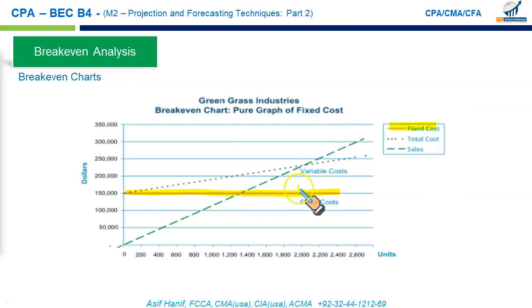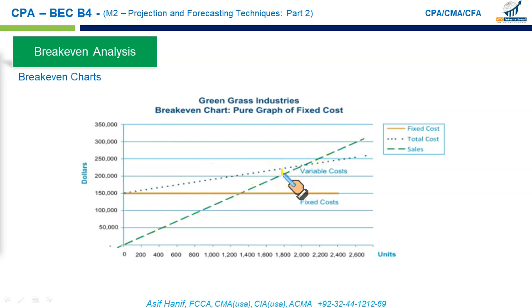Your fixed cost is 150. Your revenue line is steeper because you sell the item at $125 per unit, but your variable cost is $50 per unit, so that's why it's relatively flatter. Now, this is the total revenue. This is the total cost because it contains the fixed part shown here and the variable part, the steepness.